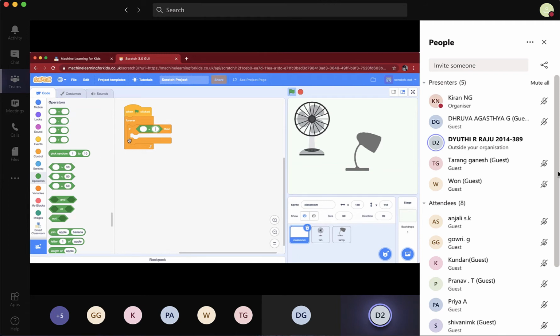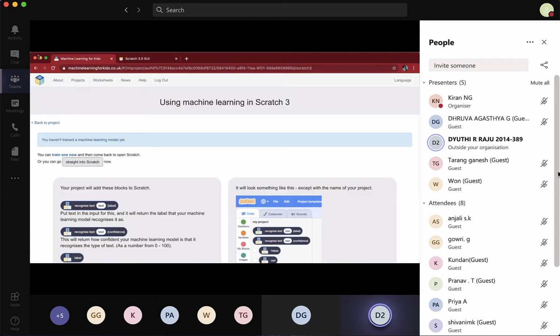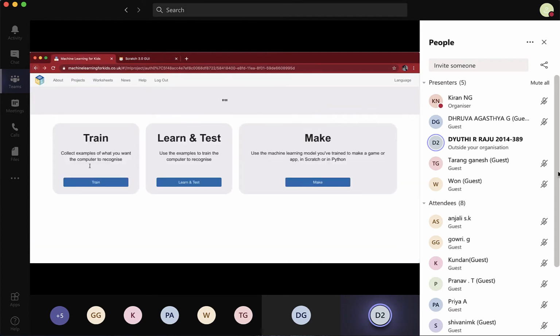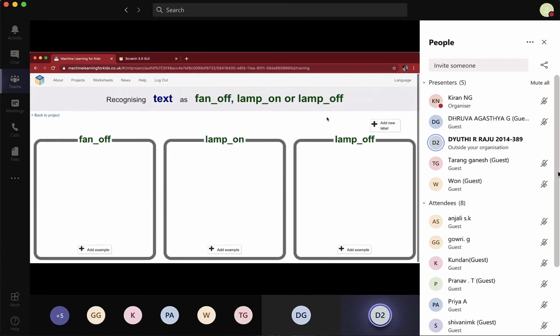I'm going to delete this 50, go for smart classroom, and put recognition text label, and I'm going to put fan. Okay, fan on is not there, so I have missed something. Let me just add that.